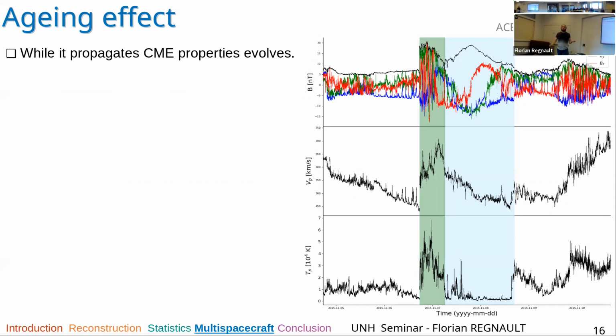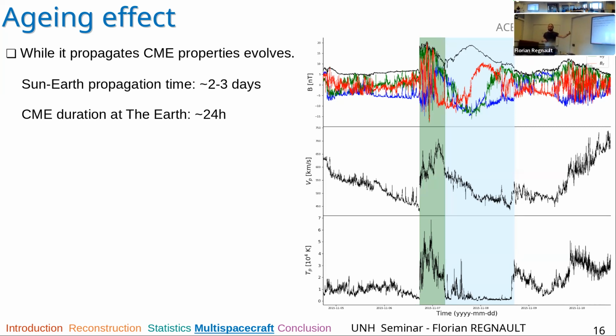Typically, the duration of the magnetic ejecta at the Earth is roughly 24 hours, and the CME takes between 2 and 3 days to reach the Earth, so to do the Sun to Earth propagation. That means the time the CME passes over the spacecraft at the Earth constitutes something like a third of the CME lifetime. Since CMEs are changing during propagation, they can interact and they can expand. This is what the aging effect is: the effect of the CME evolution on the properties